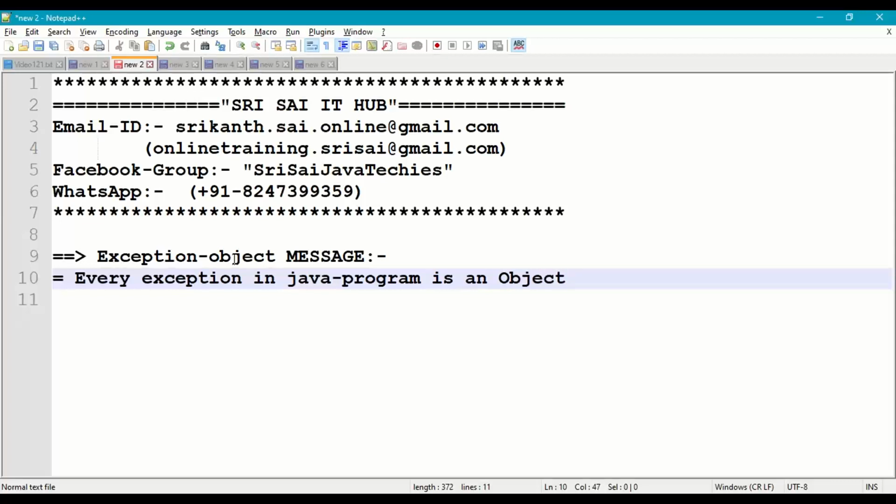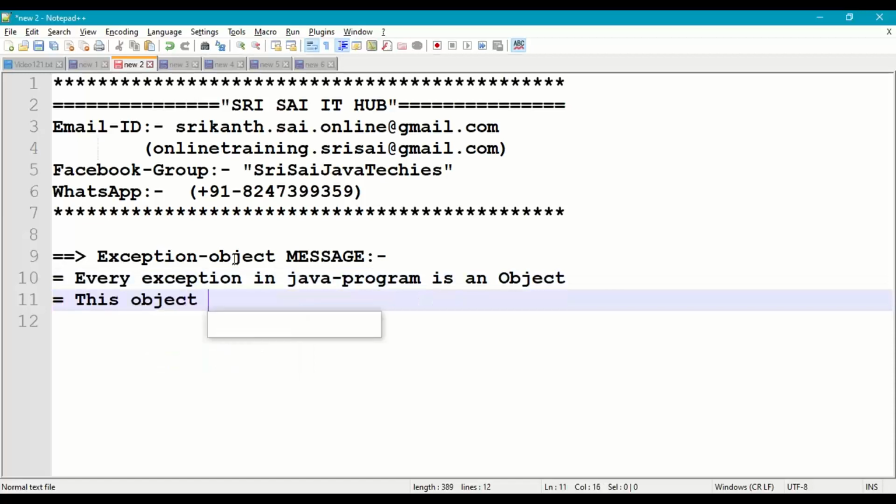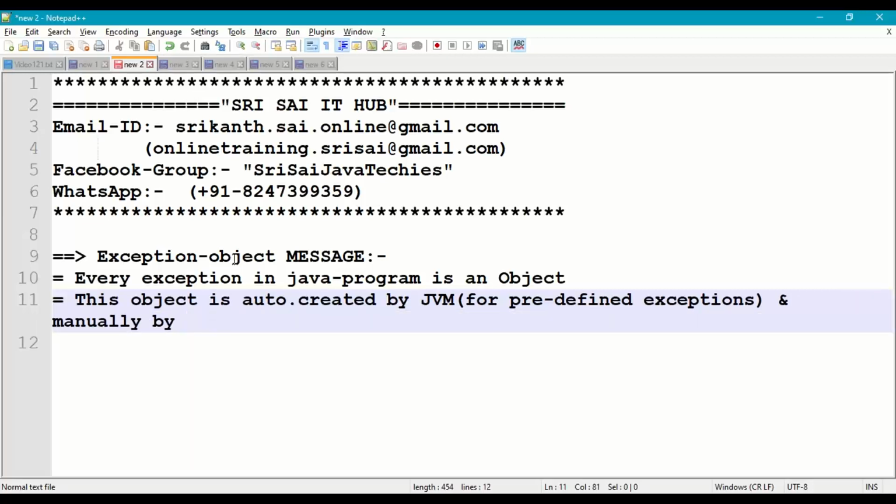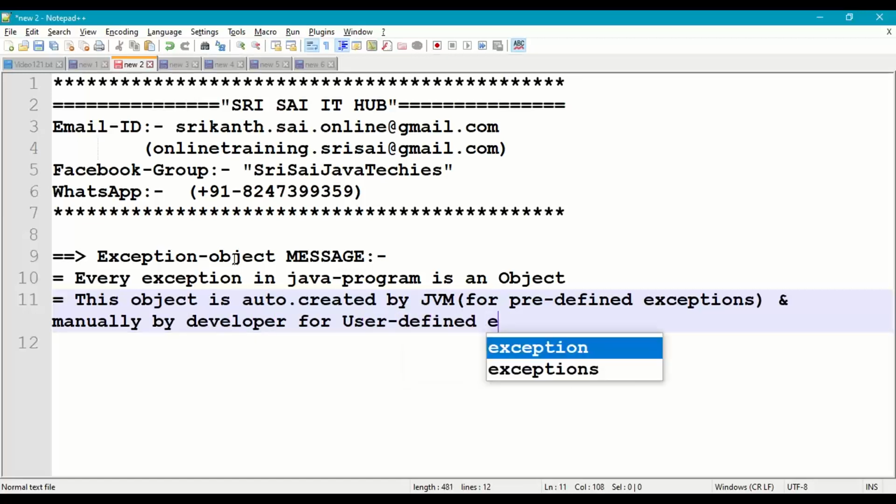This object is automatically created by JVM for predefined exceptions, and manually created by developer for user defined exceptions. For user defined exceptions, we manually create it using throw keyword.